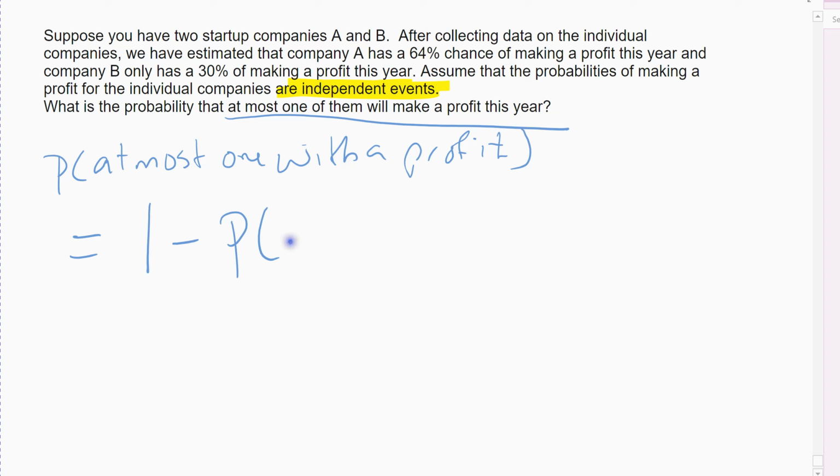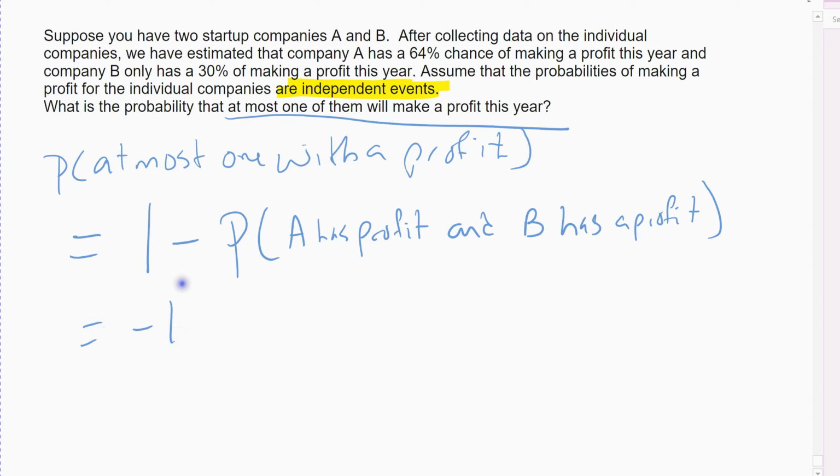So I'm going to subtract the case when company A has a profit and company B has a profit. All right, we want to throw out the case where both of them are making profits, right? We don't want that case. We want all of the cases where at most one of them's making a profit. All right, so this is the case we don't want, so we're throwing it away. All right, so 1 minus